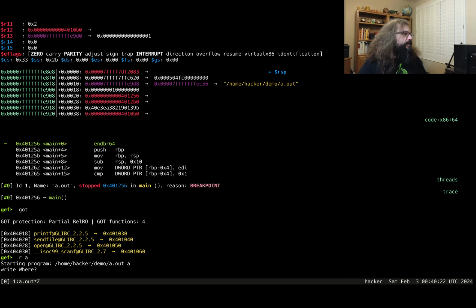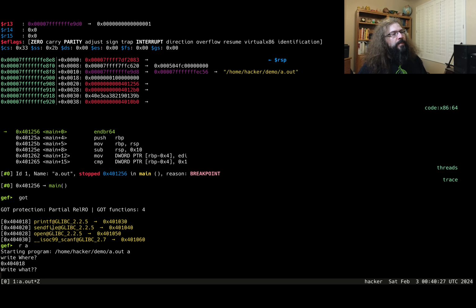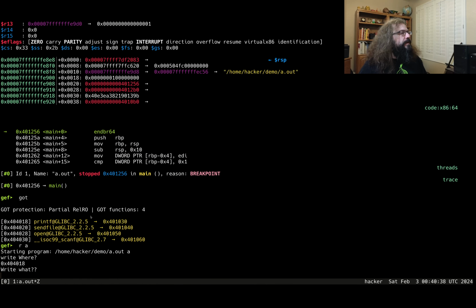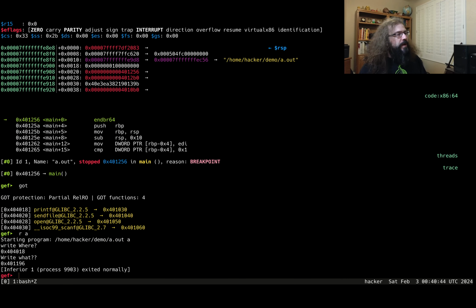What this means is I can overwrite the GOT entry for printf, because I know printf is called later, and overwrite it with the address of win. And when I do that,